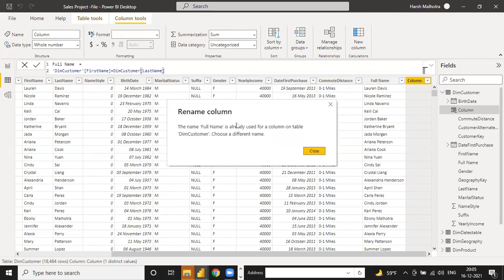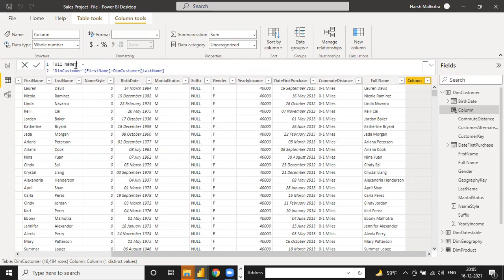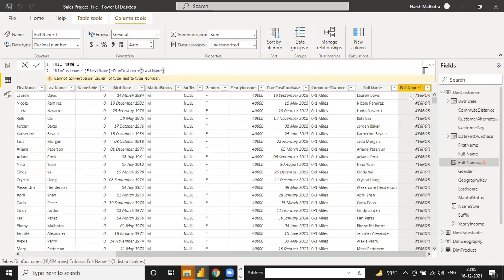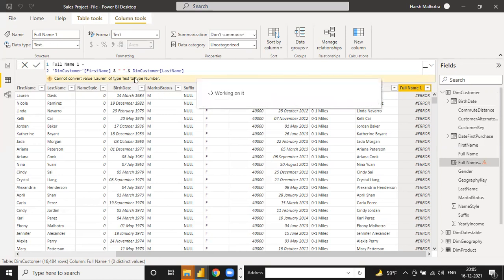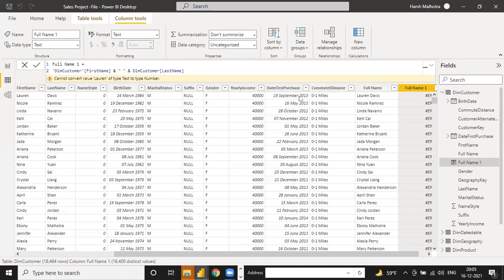When you click enter, okay, full name already exists, so I am writing here full name 1. Oh, sorry. See, here you can also use concatenate, not plus. So there are 2 options. Because this is a text value, and if you have a numerical value, then you can use plus or minus.